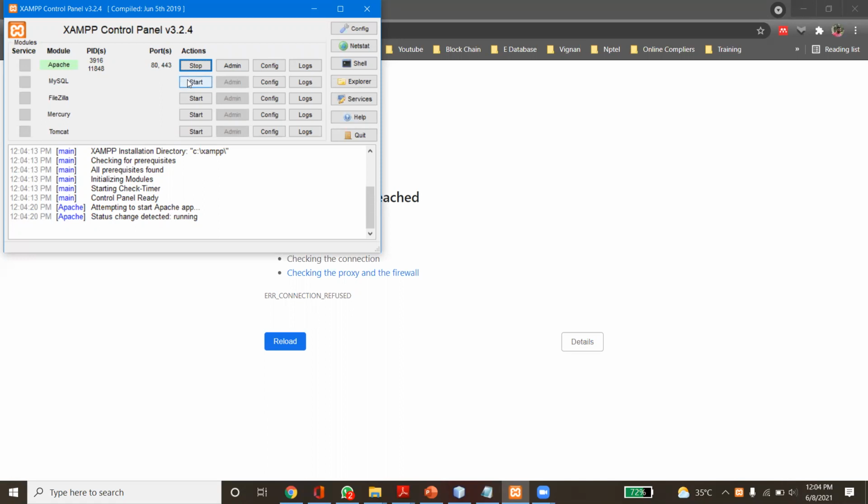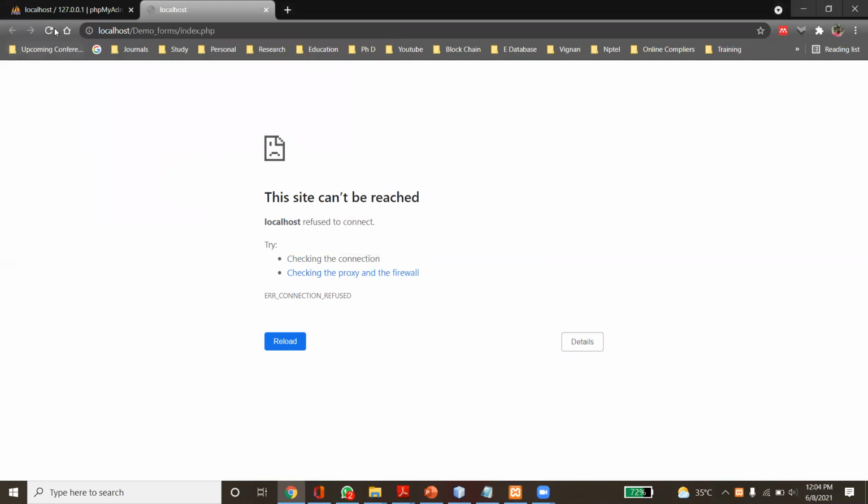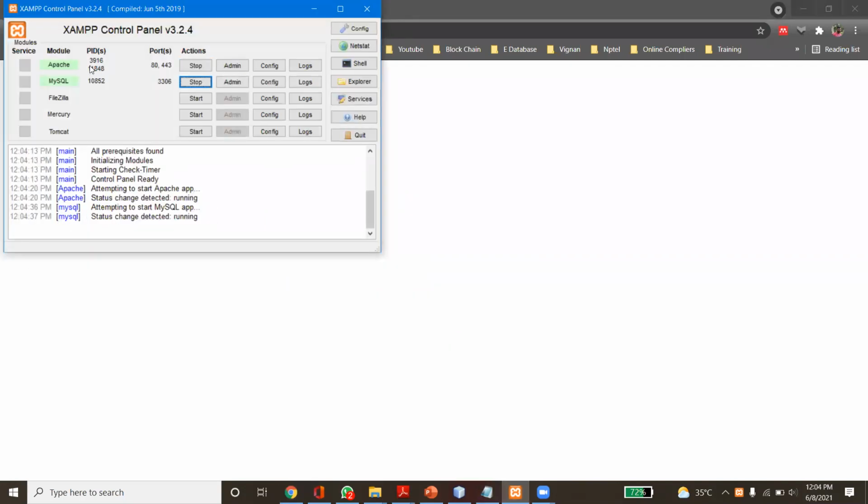If we are dealing with the database, we have to start that one. Otherwise, no need to start. For timing, I'm starting that one. The default port it is using is 3306. Now, if I run this one, it will give hello. So we have to start this one. Only then is the PHP program going to be executed.